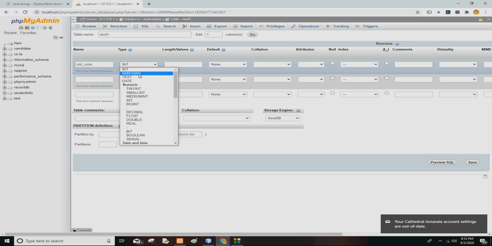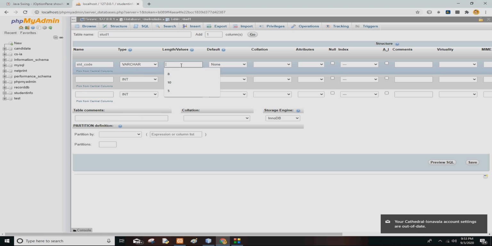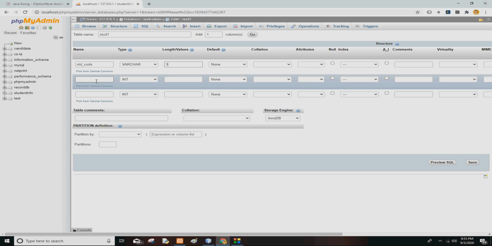I know that I want to take it as text characters, so I put it as a varchar, and I am going to take a maximum of 3 characters, meaning a maximum of 999. So 3 characters. The student name is std_name.